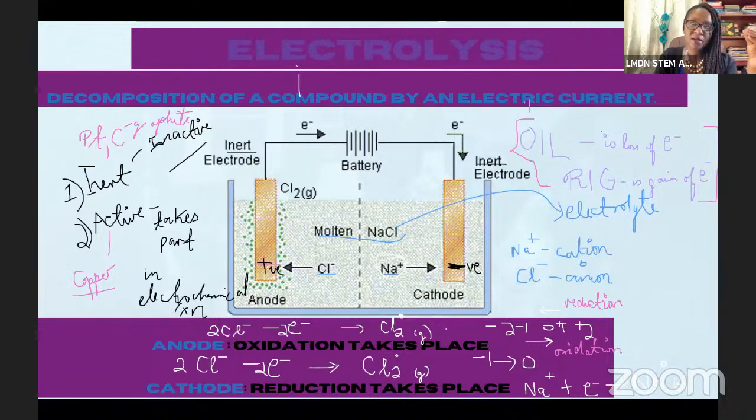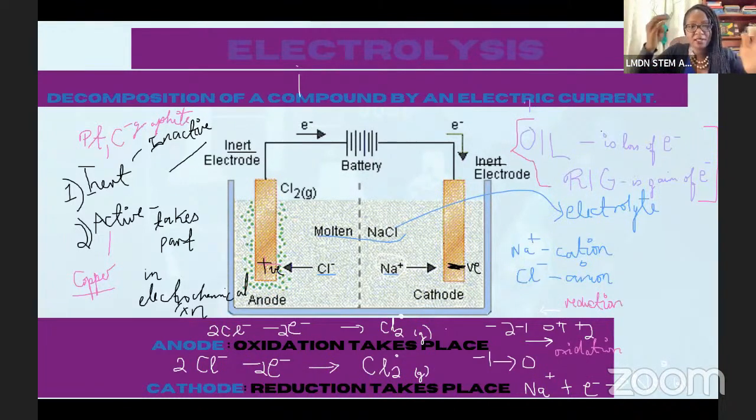At the cathode, the cathode is negatively charged. The cations are going towards it because the cation is positive. The cathode is negative, so the cation is going towards it. The cation, in this particular case, is the sodium ion. That sodium ion is positively charged because it had given away its valence electron to participate in ionic bonding with that chlorine. But now it's saying, give me back my electron that I gave you. And that's exactly what that chloride ion is doing.